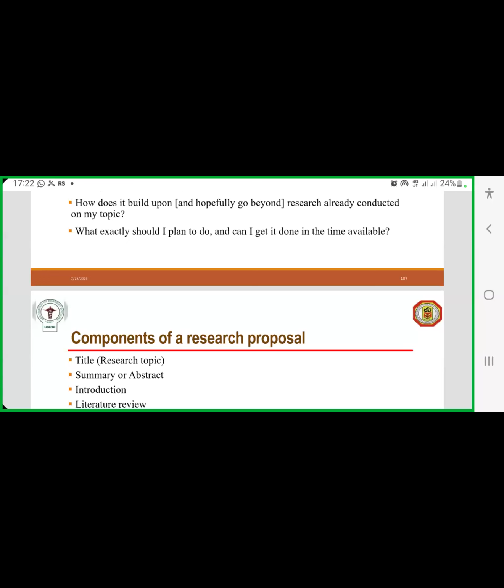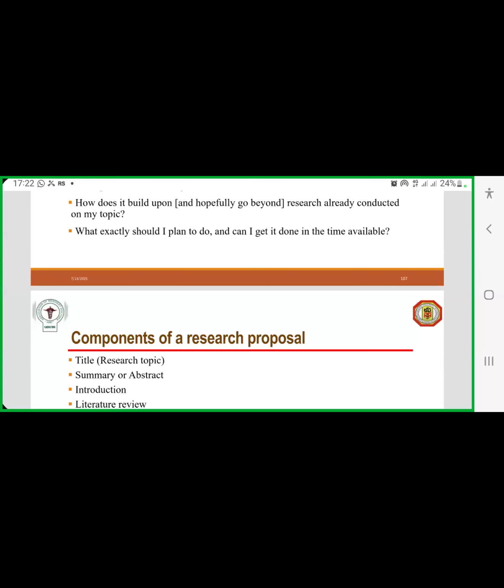If you are bringing a research that no one has done before, then you will suffer, and you will not have enough to do with it, because you will not have enough literature review. You will not have enough discussion. You don't have the data to use for discussion. You don't have the data to use for literature review and for your comparison. So you must make sure that any topic that you are taking, you can have enough literature for it.